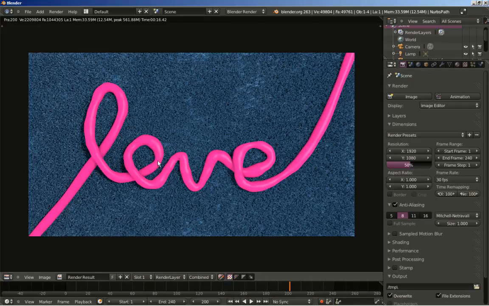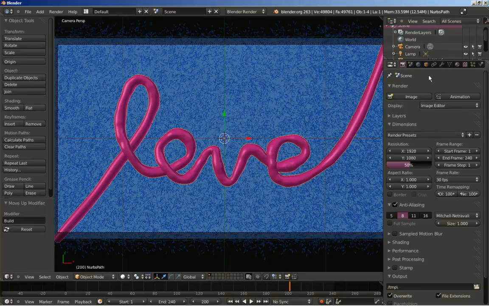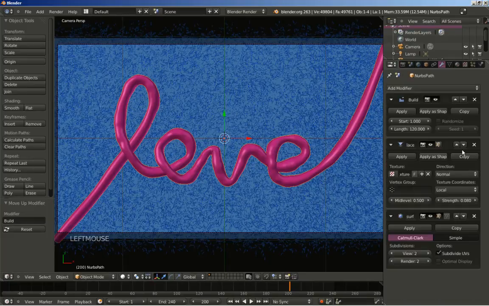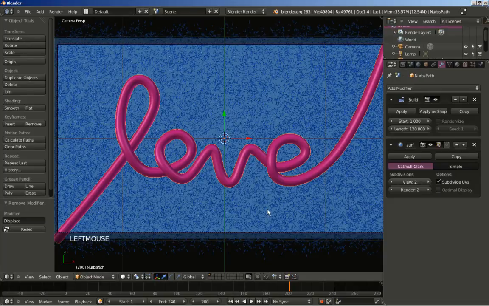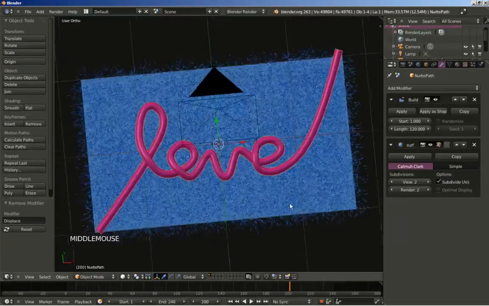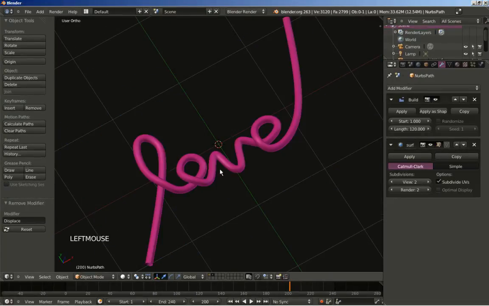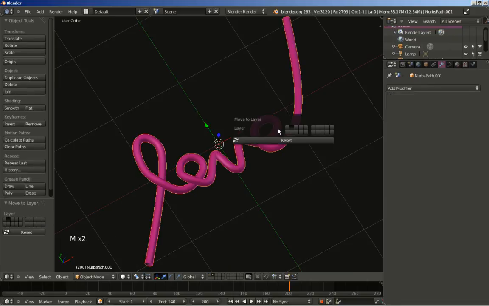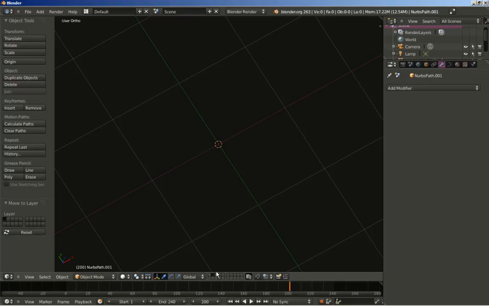If you don't like the effect of the displacement modifier, you can always move here and delete the displace modifier, and you can even take the curve from the second layer, move it to the first layer,